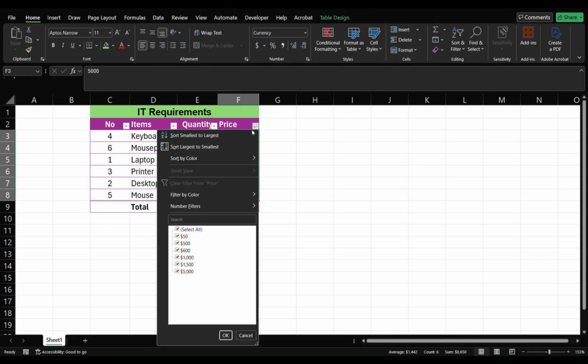And also we have an option to hide some tables or to hide some rows. So if you don't need, let's say, the laptop row,